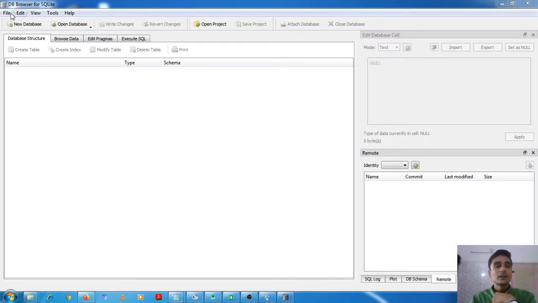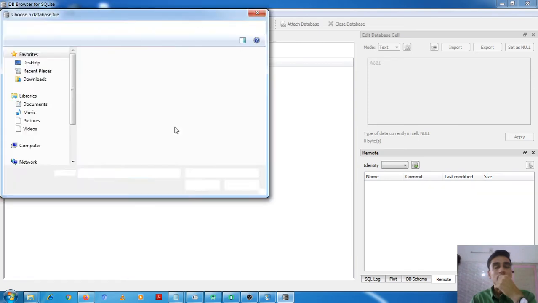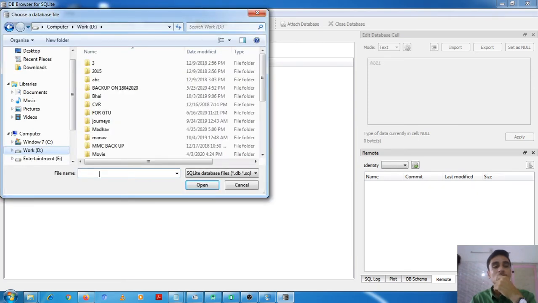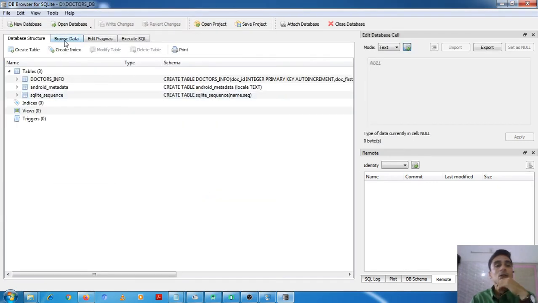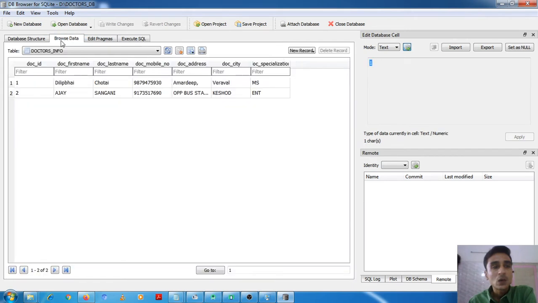Then I will open the database. It is located in D drive, the name is doctors, and open. So you can see here the table is already available, and browse data. You can see here the doctor ID is auto increment, and